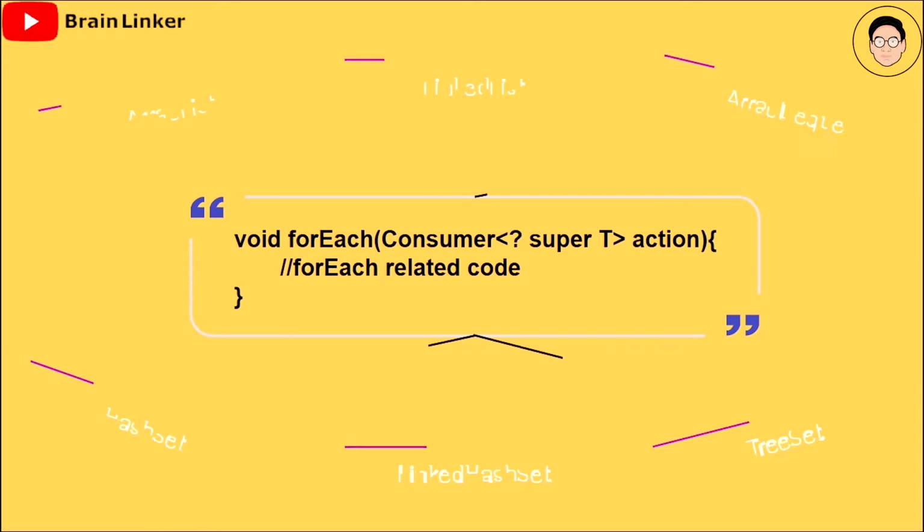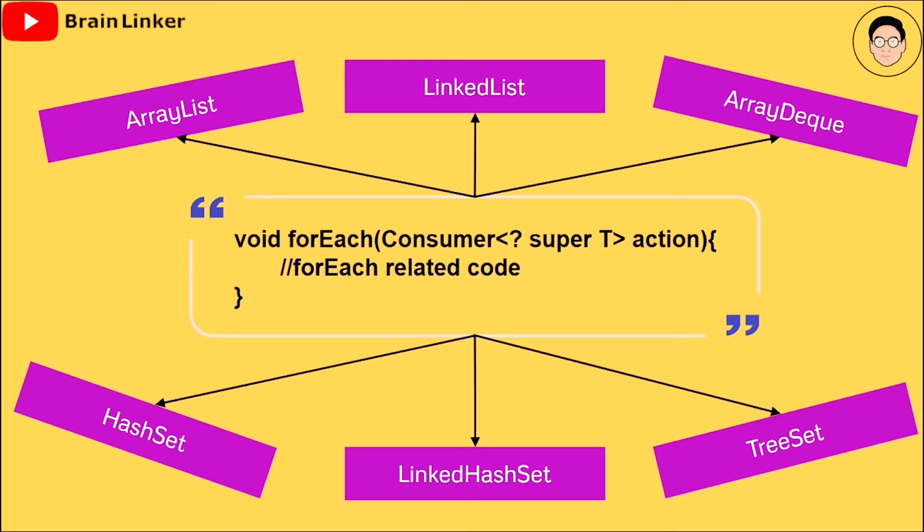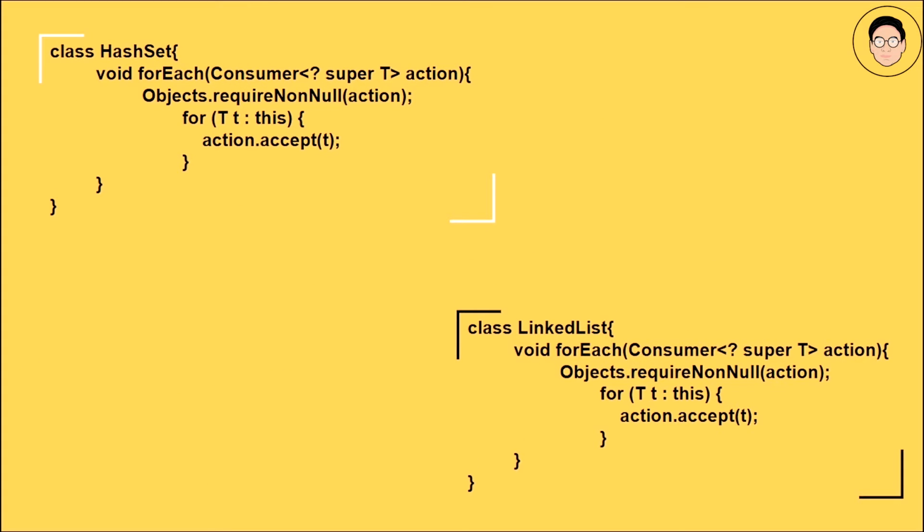Let me take an example of the forEach method. Suppose they want to add forEach in each collection class. How would they add forEach in each collection class? If they write forEach in each collection class, then there might be a scenario where the same code could be duplicated. But actually they want to add a new method without impacting, or more specifically, without changing the